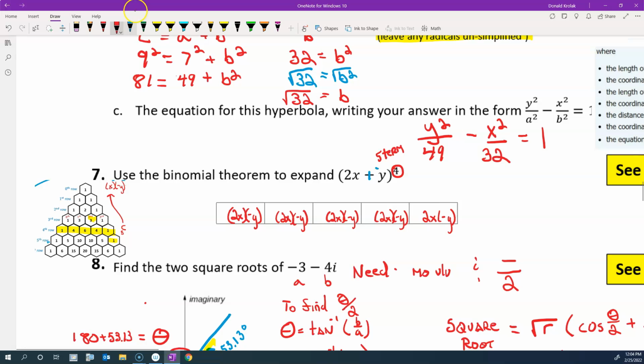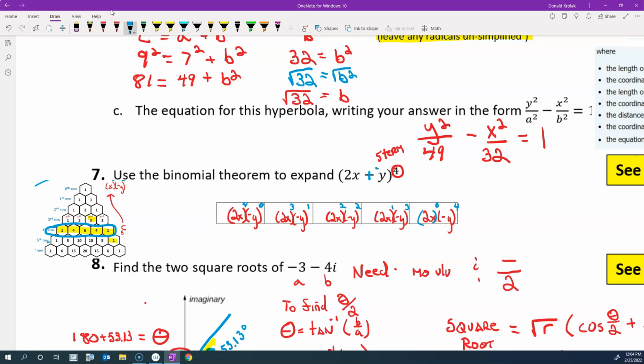Okay, now the exponents on this, the first term is going to count down, so 4, 3, 2, 1, 0. And the second term is going to count up, 0, 1, 2, 3, 4. And now to get the coefficients, we use our combinations, or we use the entries in this